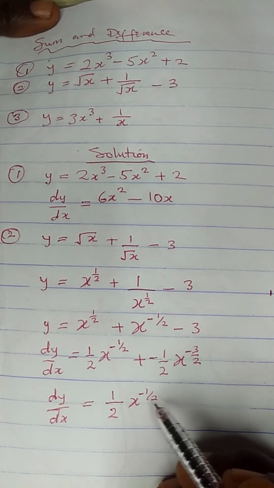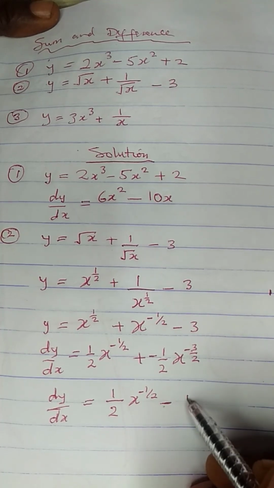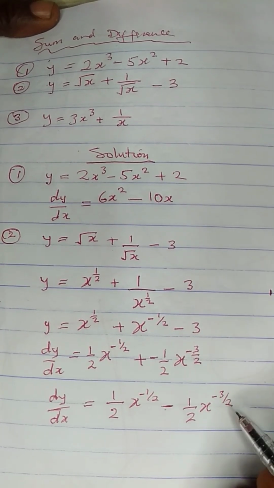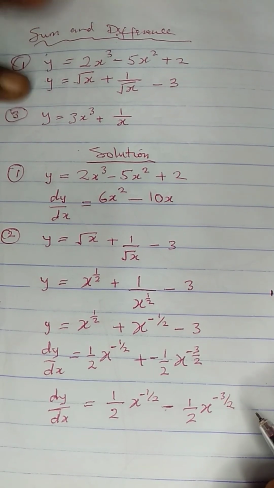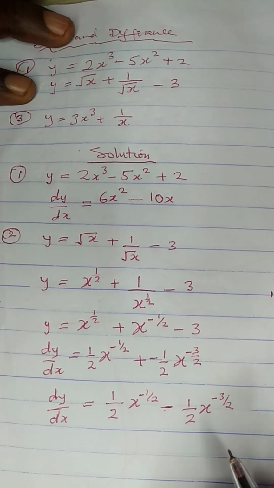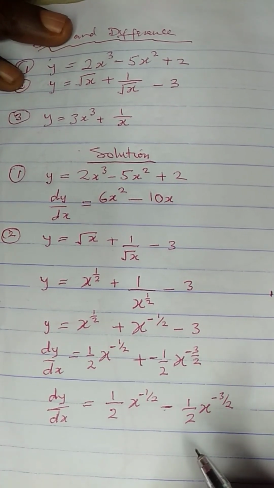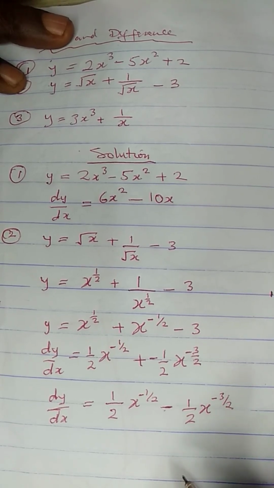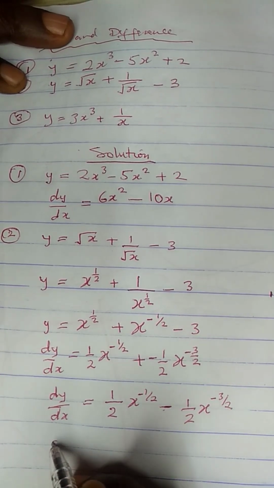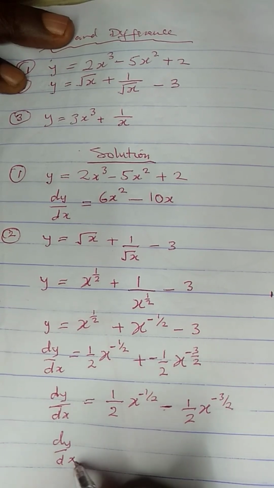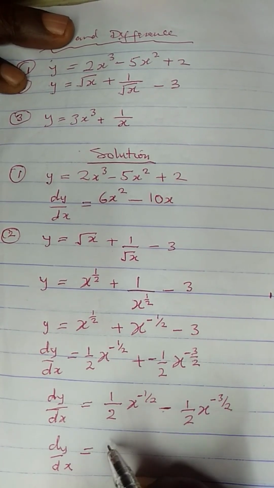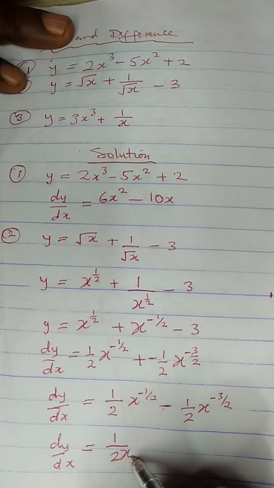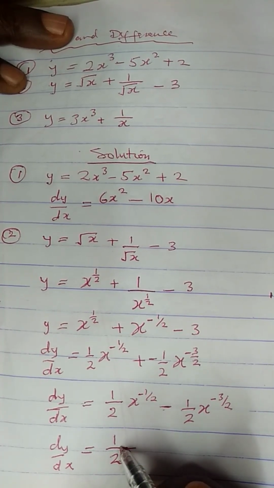Minus times plus gives us minus 1 all over 2x raised to power minus 3 all over 2. Now I want to also remove the minus that is in the power. From what we have seen before, we know that a minus power becomes 1 all over the reciprocal, so what is carrying the minus will go down. So our final answer, dy/dx, is going to be giving us 1 all over 2, all of this will come down, x raised to power half, that is square root of x,